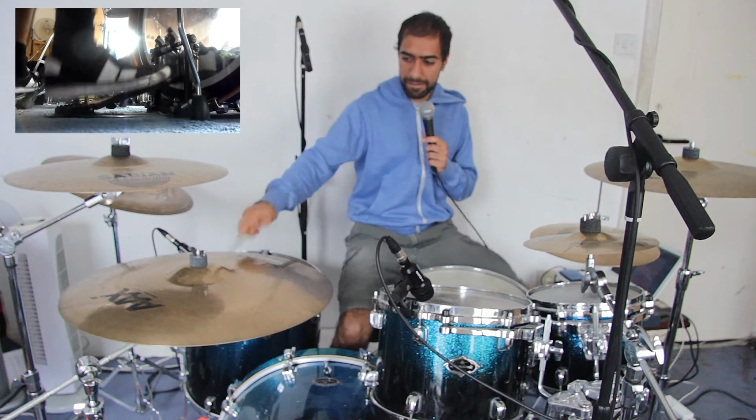So now I'm going to break down what's actually going on underneath on the bass drum and on the snare. So we've got an Afro-Cuban bass drum pattern, which, if you know the samba, it'd be 1 and a 2 and 3 and 4 and 1 and 2 and 3 and 4 and 1 and 2 and 3 and 4. And if we're going to do this with ride, it would be this. And with the hi-hat,